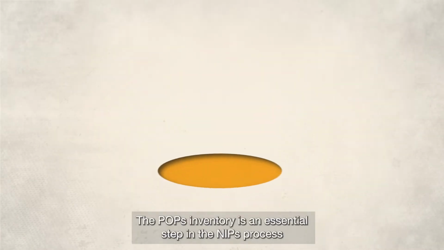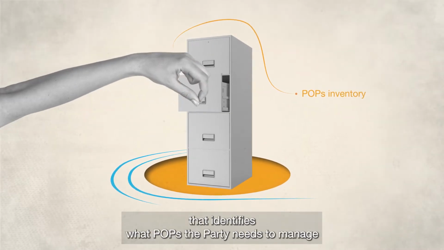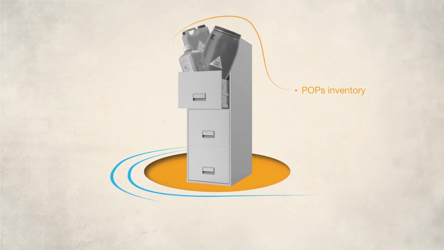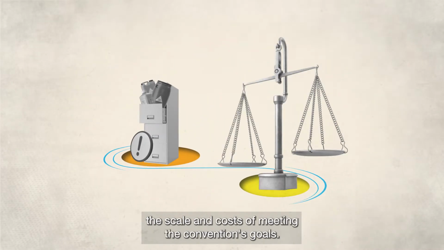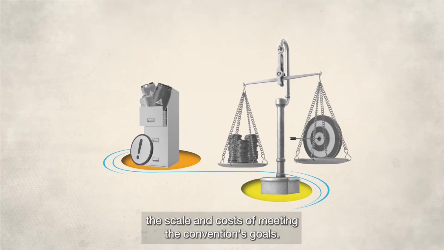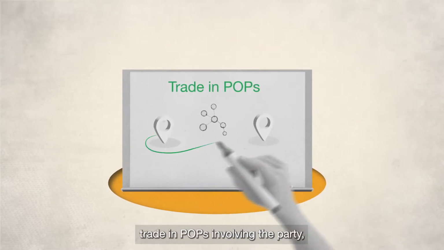The POPs inventory is an essential step in the NIP process that identifies what POPs the party needs to manage, therefore helping to set priorities and understanding the scale and costs of meeting the Convention's goals. It is essential to have a complete picture of trade in POPs involving the party,